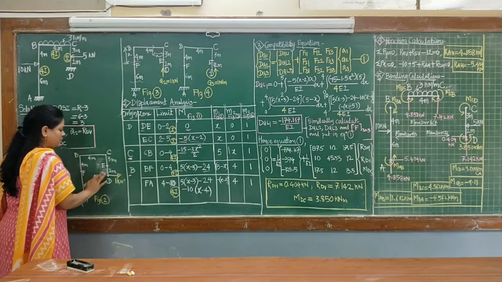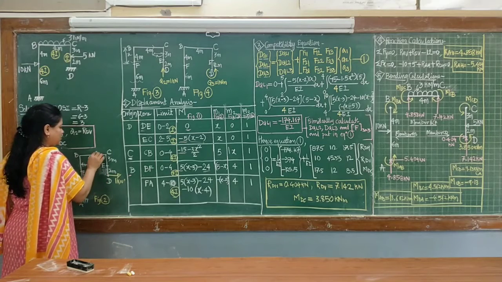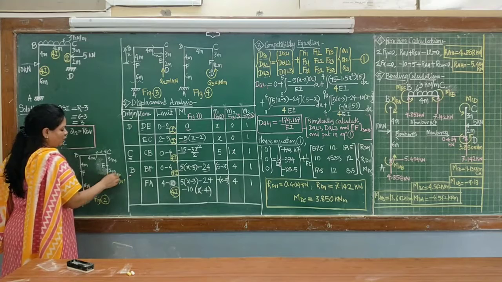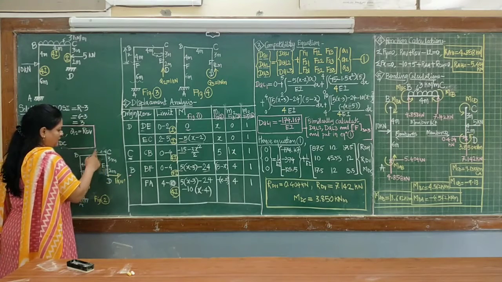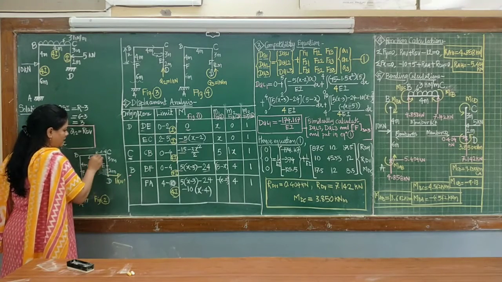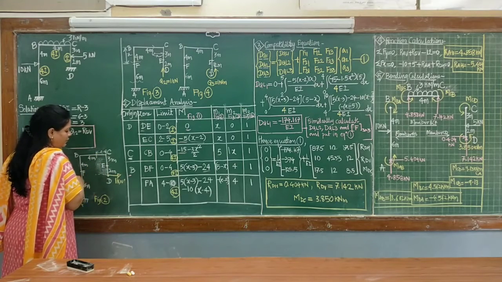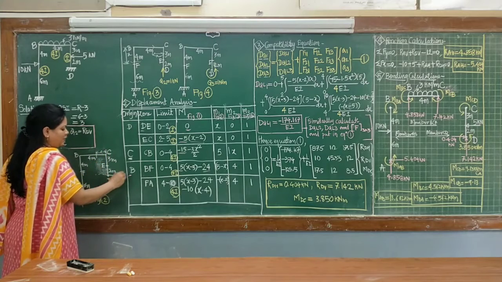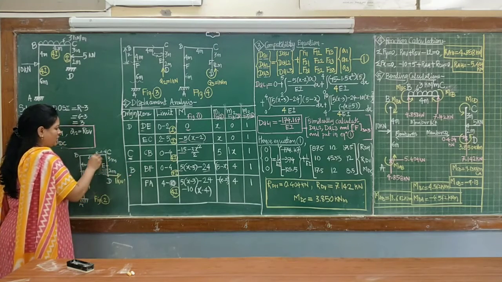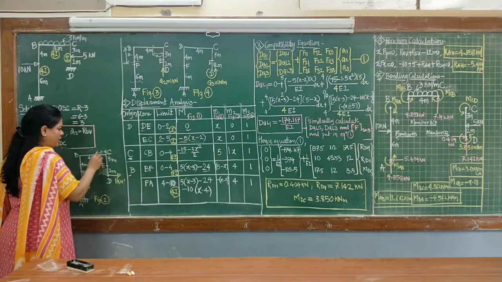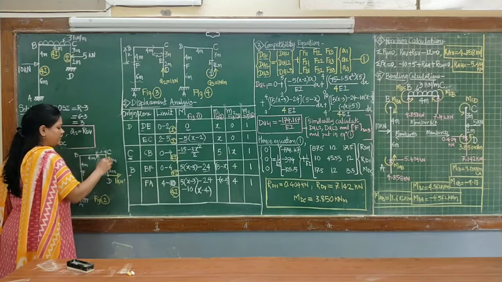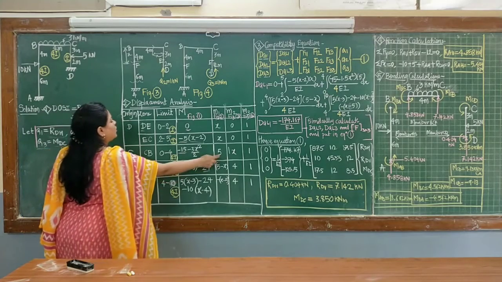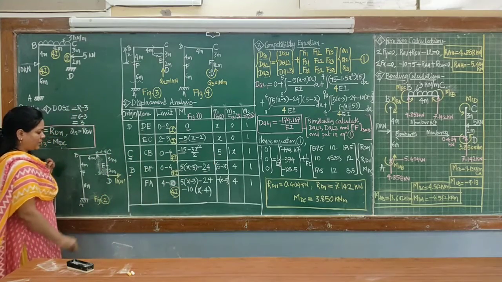The next section is in the CB zone at a distance x, the moment of this 1 kilonewton force about this section. Here you can extend the line of action of this force. So 1 kilonewton about this point in anti-clockwise direction is 1 into the perpendicular distance between this point and this point. This total distance is 2 plus 3, 5. So 1 into 5, positive moment of 5 kilonewton meter.